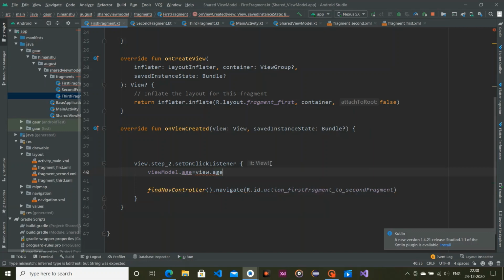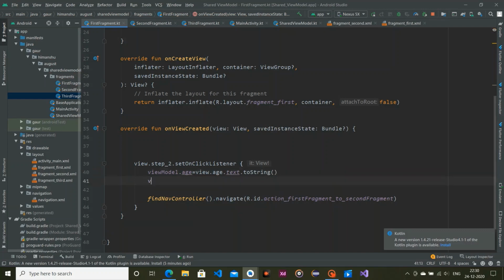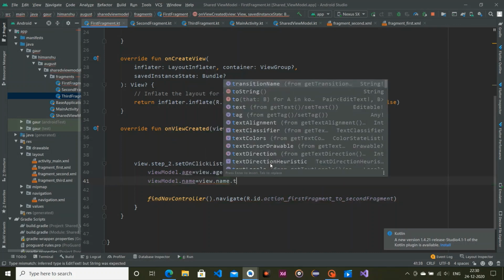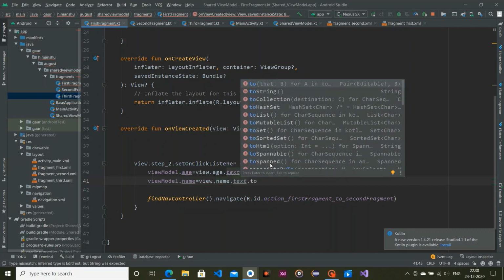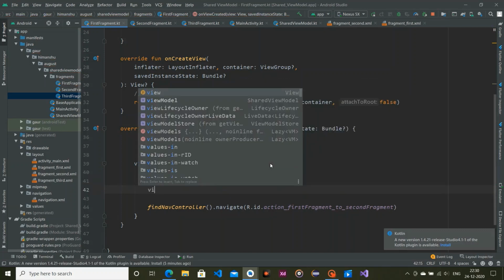So view.age.text.toString, yes. And second is our view model name, use view.name.text.toString, yes.